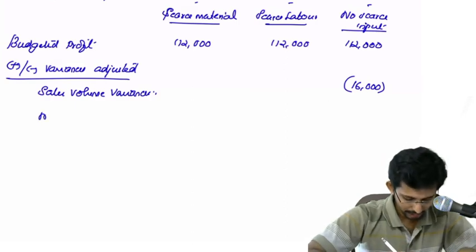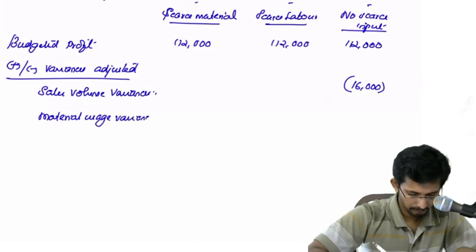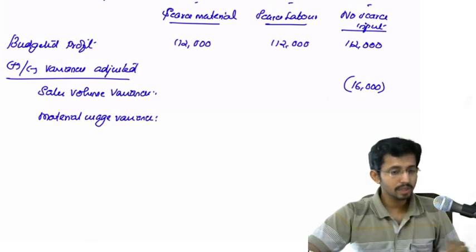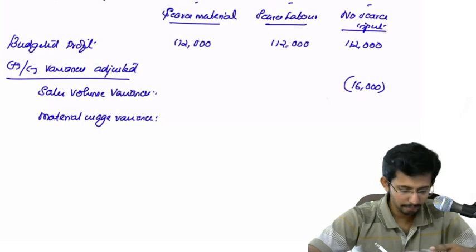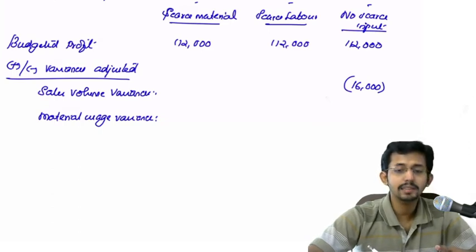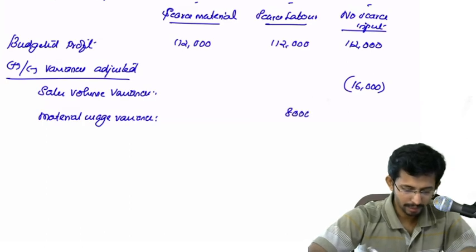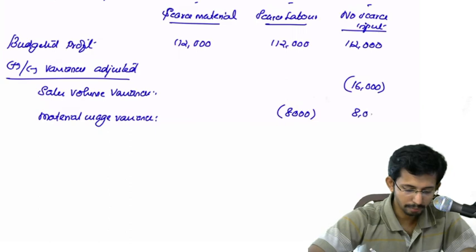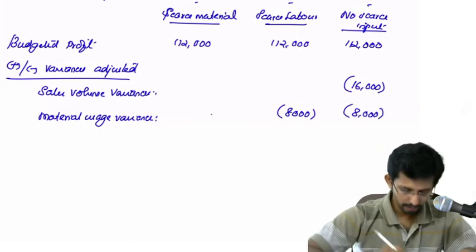Okay, then material usage variance. In the case of material usage variance, when there is a scarce material, there is some impact, but when the labor is scarce, there won't be an impact. So here you can take 8,000 adverse, and when there is no scarce input, there is also no impact, so 8,000. So this has been kept pending. Now labor,